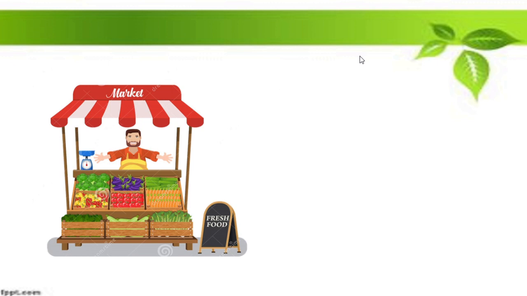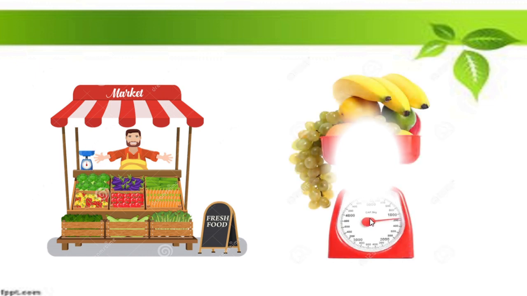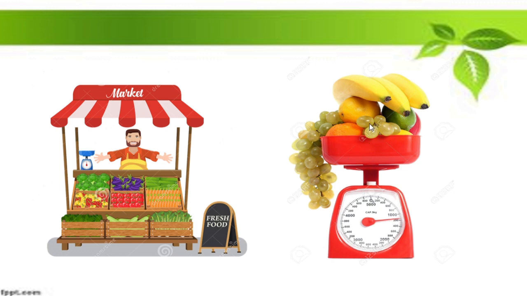Yes, dear children, here also you can see a vegetable seller. He too has a weigh balance. See here, blue in color. Okay, how it works? See here. When we put the material or whatever we want to weigh on the pan, then we get proper readings below. Here we can say these fruits weigh 1200 grams approximately. Isn't it?